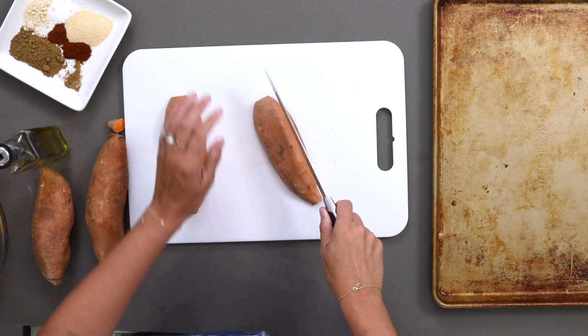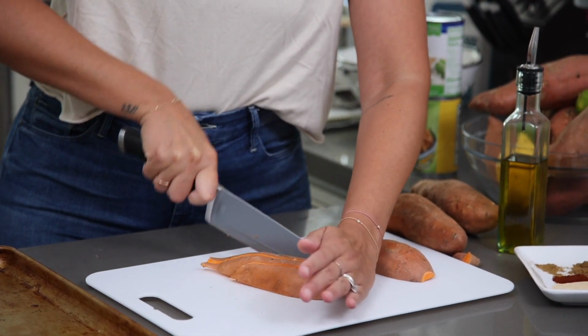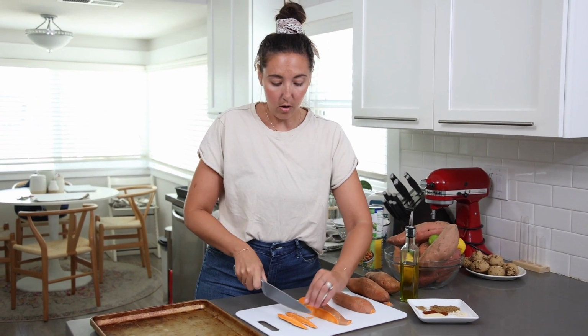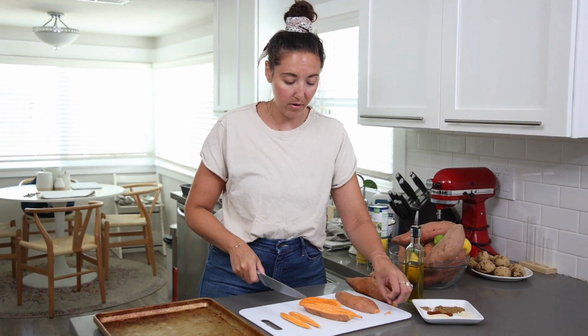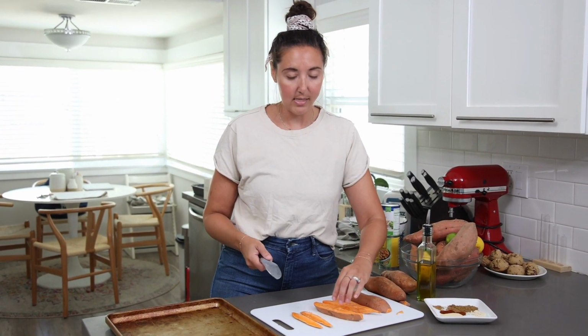We're going to dice them up in bite-sized pieces. The key here is you want to make sure all of the pieces are the same size, right? Because that way in the oven, they're all gonna cook at the same time. Otherwise, if some pieces are larger than others, the smaller ones might burn before the larger ones get cooked all the way. So the best way to beat that is to dice them all relatively the same size. Do your best. It's not gonna be perfect. We're not Bobby Flay up in here, but